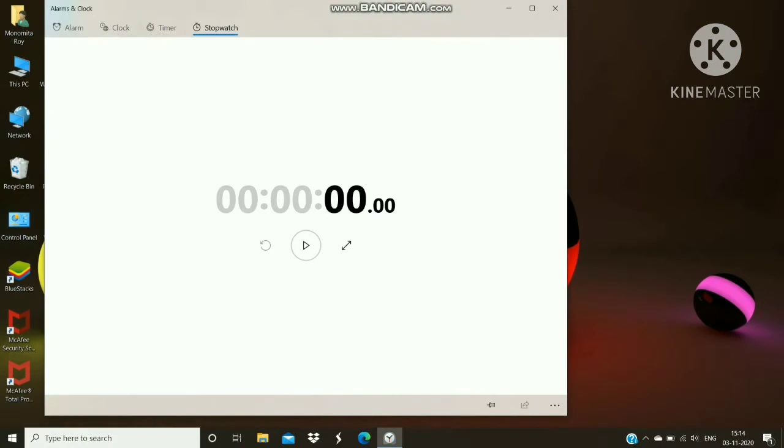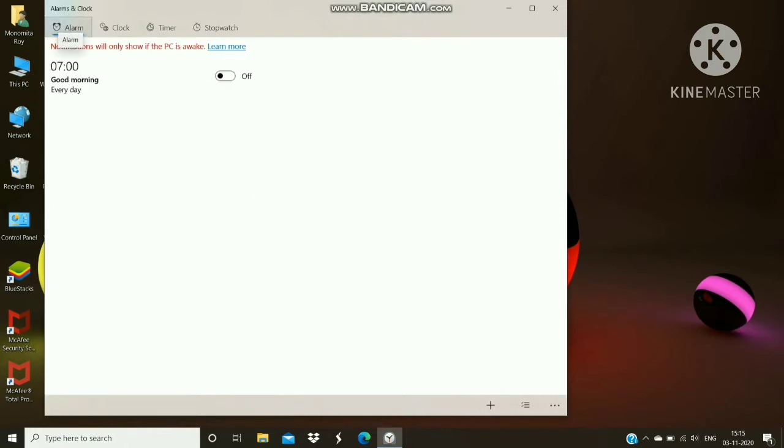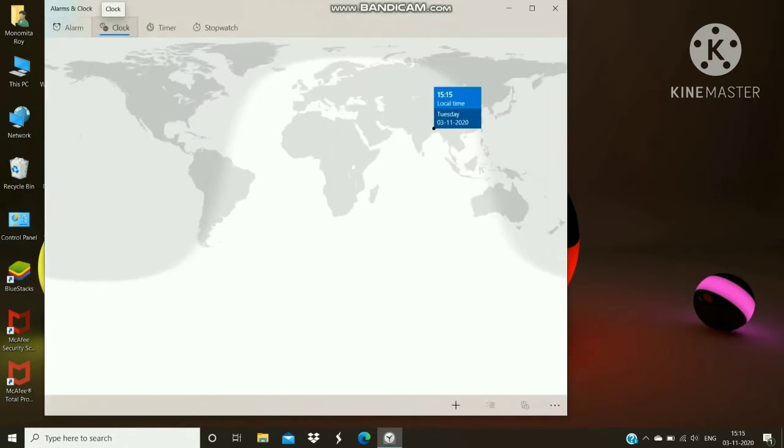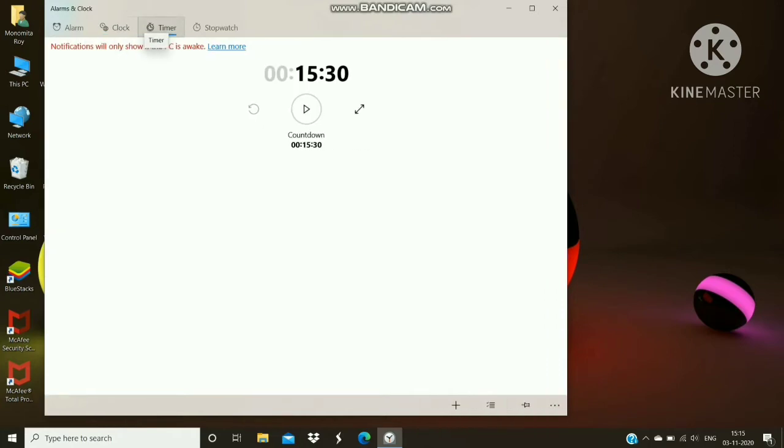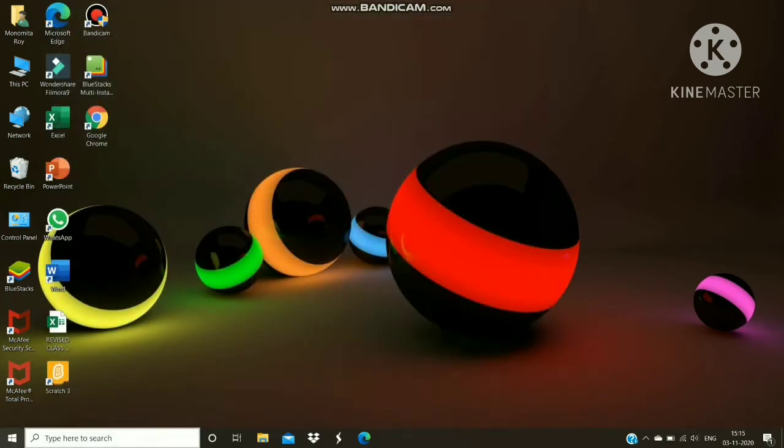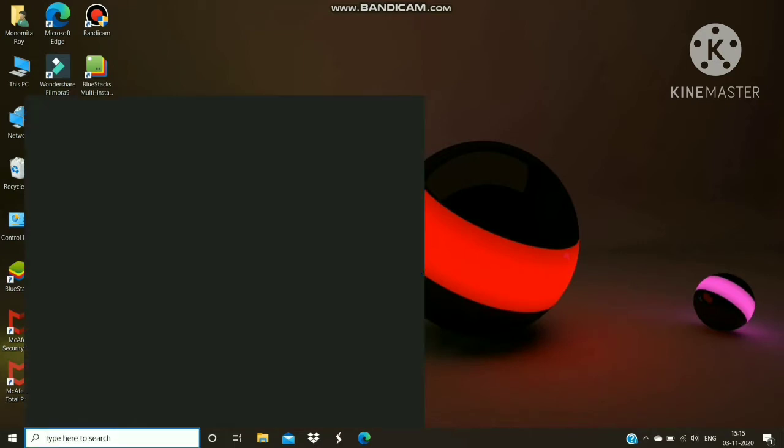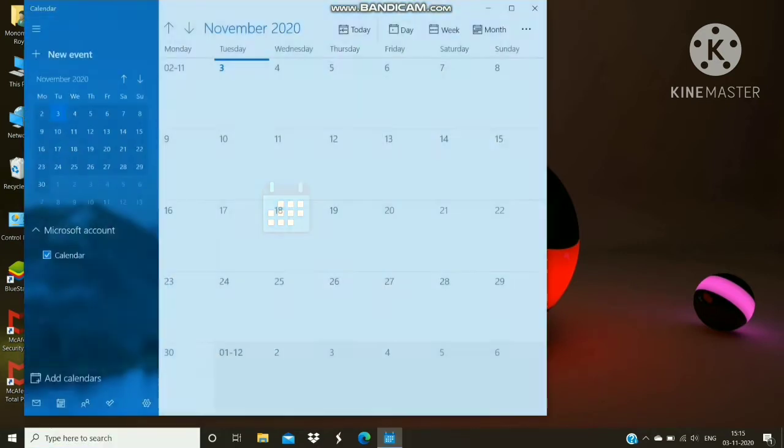And apart from desktop applications like Microsoft Word, there are some inbuilt apps too, such as this one is alarm, this one is clock, the timer, okay? This is the calendar app. You can see this is just like a clock or the stopwatch you have seen just now. These apps are inbuilt apps in an operating system, okay?